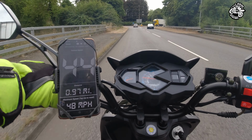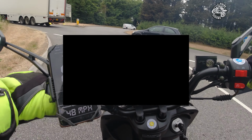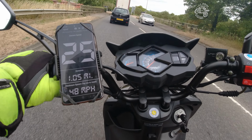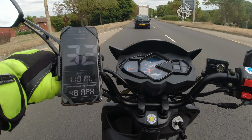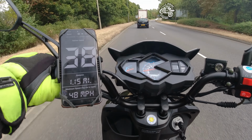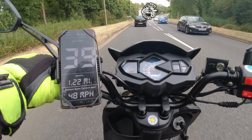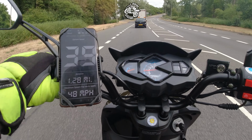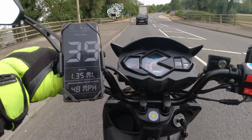Last time I checked, it was about £2,500. I may be mistaken, and I don't know what the Euro 5 2022 prices are, but I will put a little thing in there down the bottom just so that you can see exactly how much it is. But the price difference on this one is actually cheaper than the Lexmoto Titan, and it is cheaper than the Motorini Misano as well. This one comes in, I believe, at